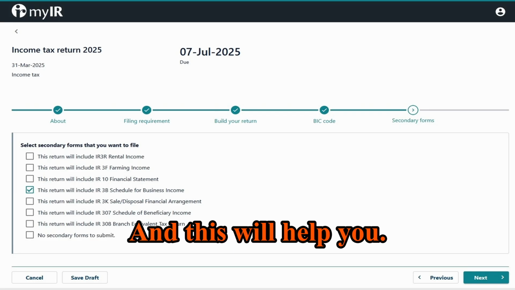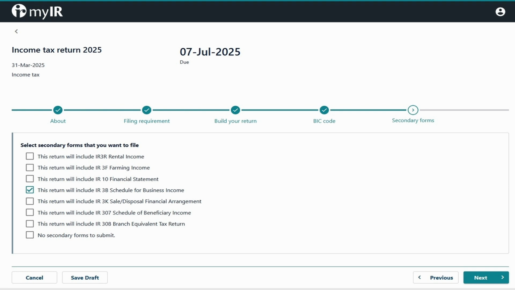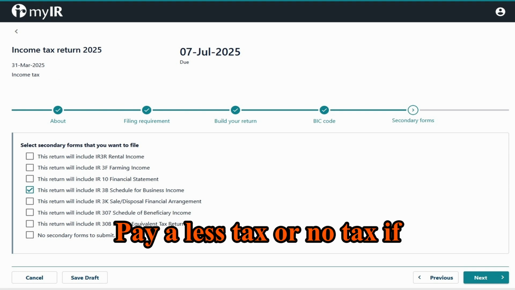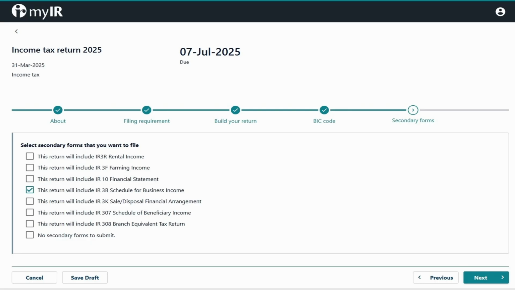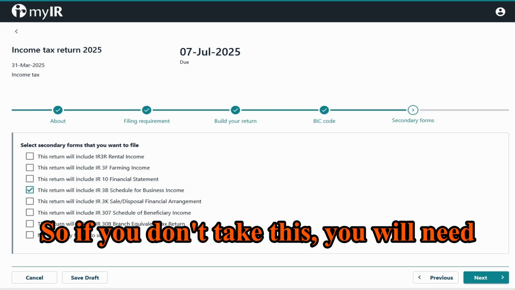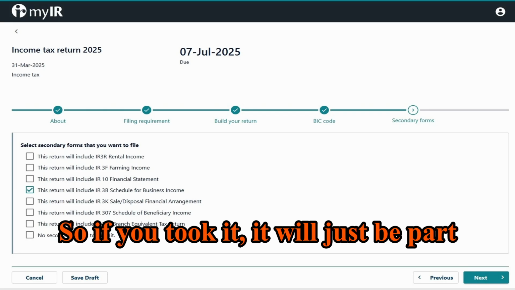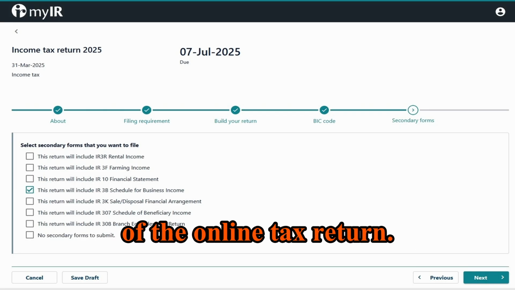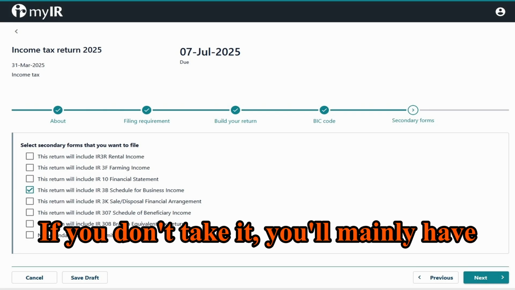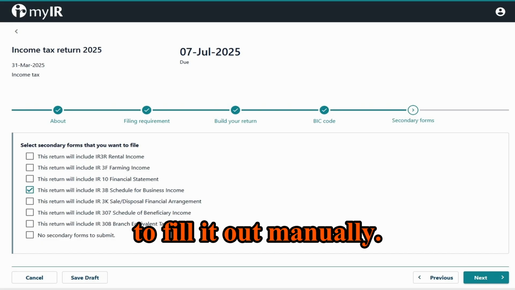and this will help you pay less tax or no tax if you got a negative income. So if you don't tick this, you will need to manually fill it out. So if you tick it, it will just be part of the online tax return. If you don't tick it, you'll manually have to fill it out